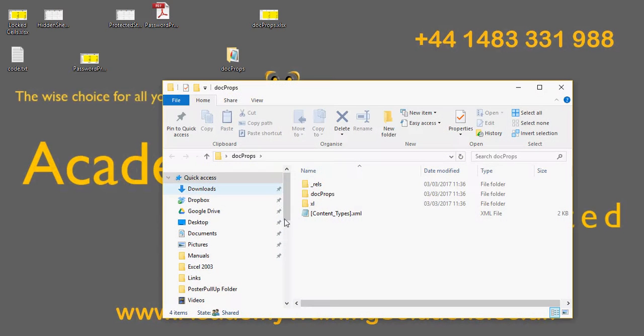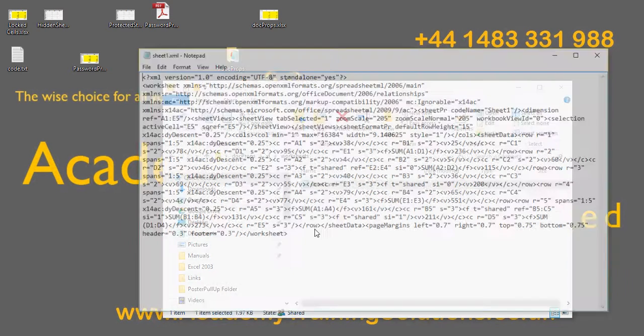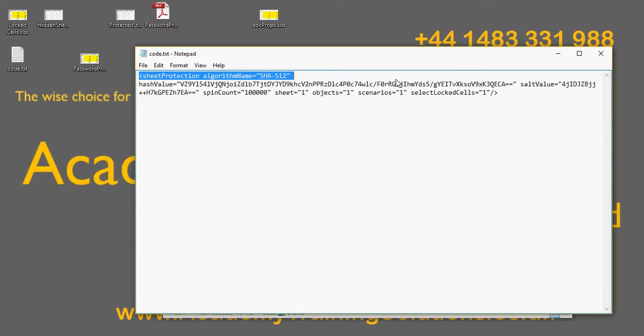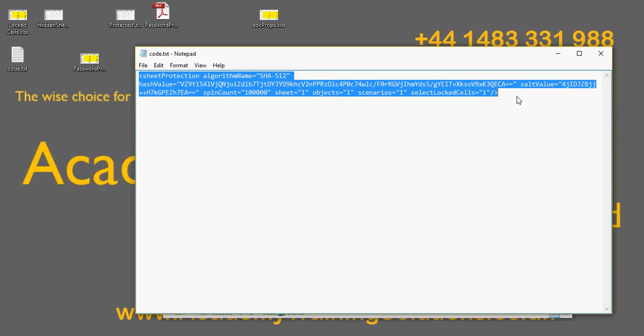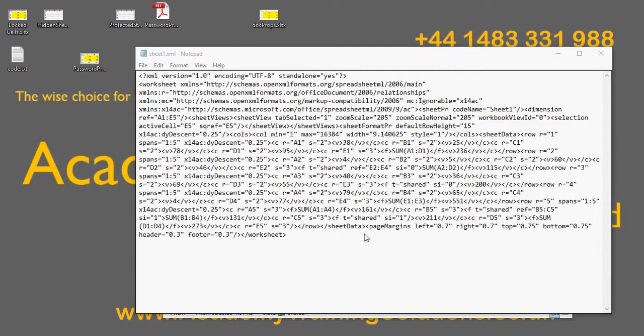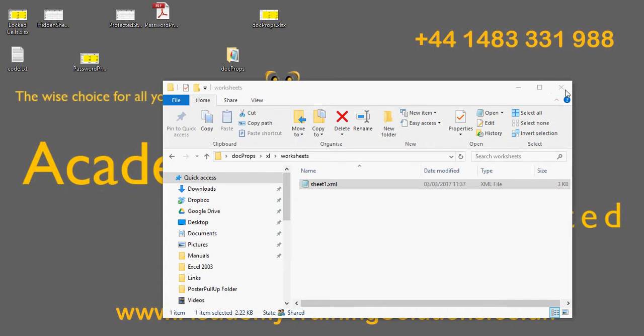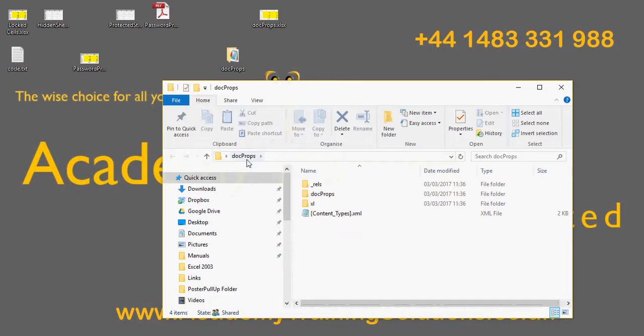I go into the folder, I go into Excel, I go into the specific sheet, and you'll notice here that nowhere does it have that protection bit. But if I open up that file I had previously, I can copy, and then I can come down here, and just before the page margins, I can paste that back in. Control S to save, close it down, close that down, go back into that folder again, select them, right click,